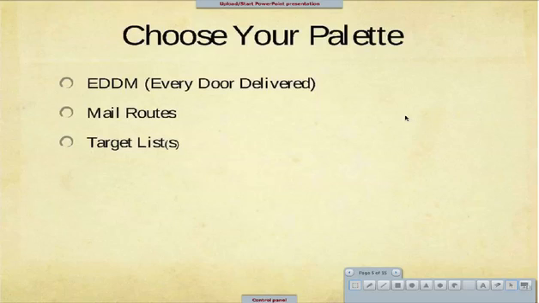So again, in a previous call, we've gone through why we chose Lanham Seabrook. So now we're going to talk about all the different things, having now chosen Lanham Seabrook, Maryland, about how we can go about going after properties and marketing and generating leads in the Lanham Seabrook area. Okay, so again, EDDM, every door delivered, your mail routes, and your targeted list or lists. Okay, so